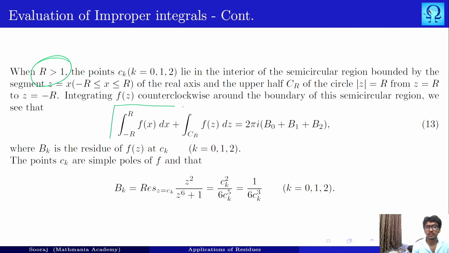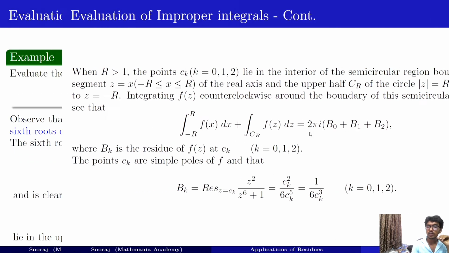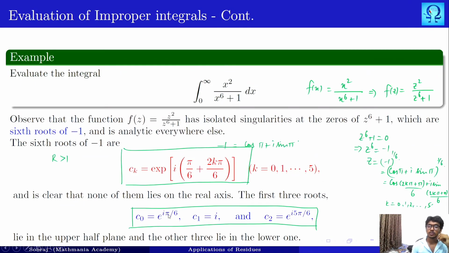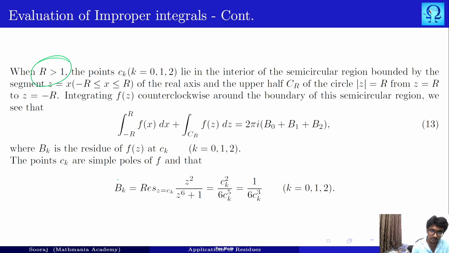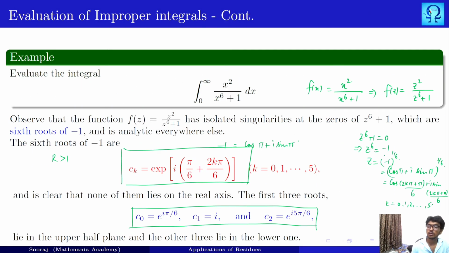So we can write this using the ideas that we have just seen. Here b0 is the residue at c0, b1 is the residue at c1, and b2 is the residue at c2. We know c0 is e to the power i pi upon 6, c1 is iota, and c2 is e to the power i 5 pi upon 6. Now we'll have to observe one more thing. Here all the roots occur only once, which means these roots are simple poles